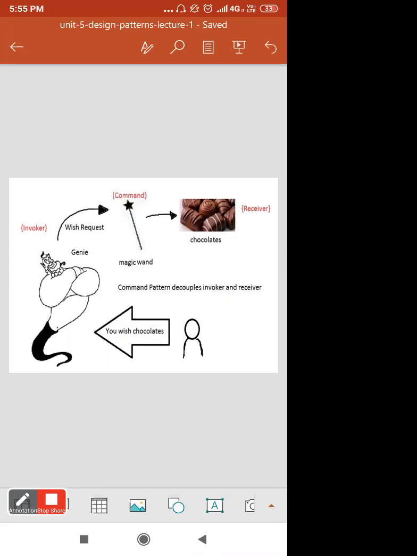He requests the genie and the genie follows it like a command, and provides that child the chocolates with some magic wand. In a likewise manner the command pattern works.